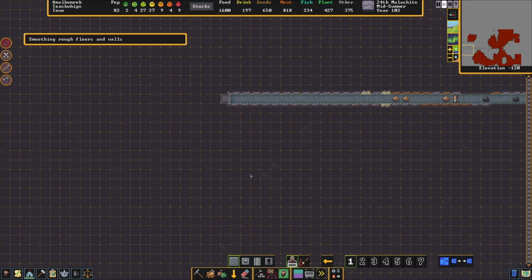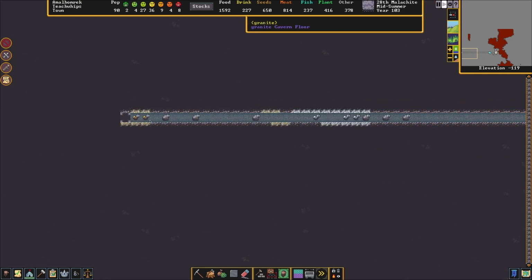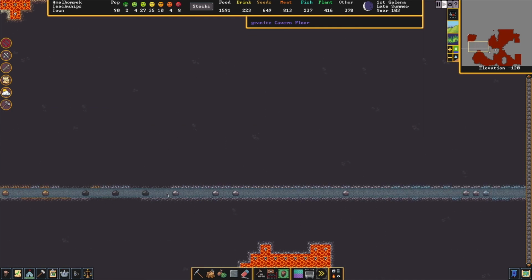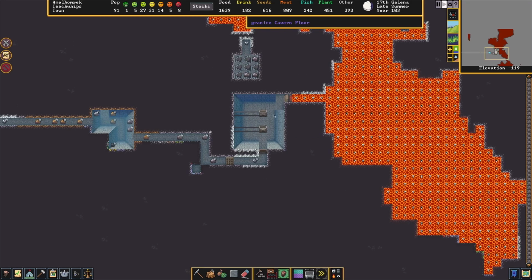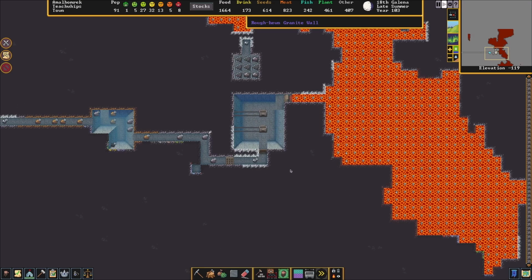Set the smoothing on 1, carve that. Yeah, so what's going to happen, instead of flowing out this way, it's going to go into this chamber, flow down into that chamber, and then down into this and out the edge of the map. And there we go. That fortification is now done. Now I'm not sure if I need to fill this chamber with the minecarts to the brim. I might be able to get away with filling it somewhat. But I might have to do...